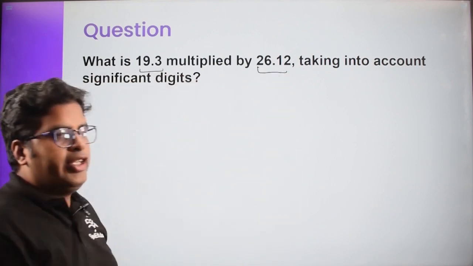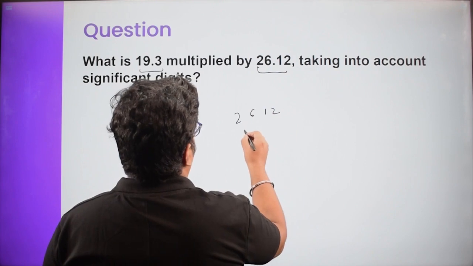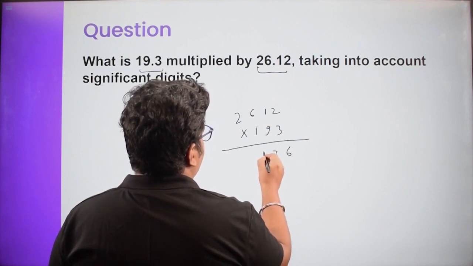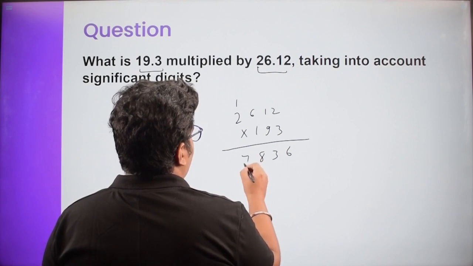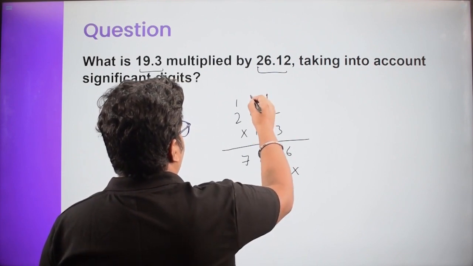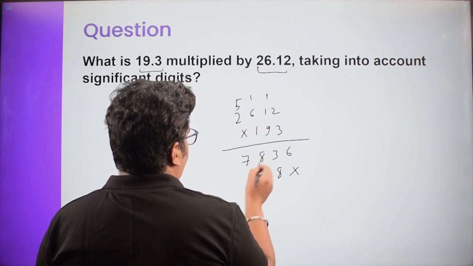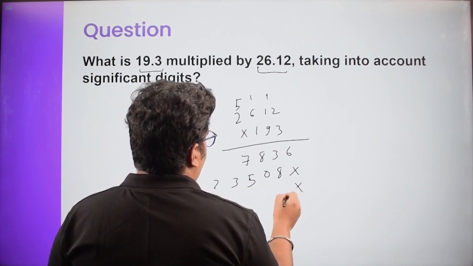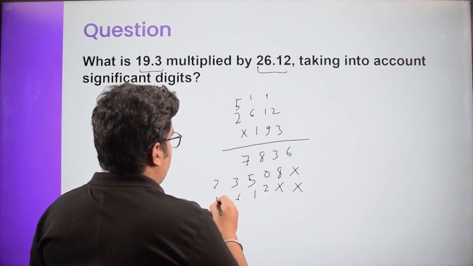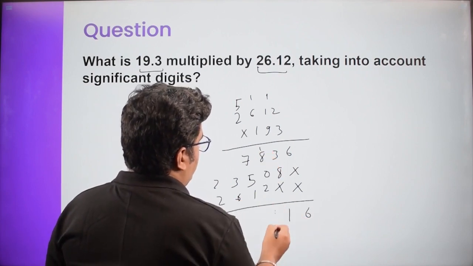26.12, and we have to take into account the significant figures rule. So basically, first we'll multiply 2612 with 193, right? So we have 326, 3 ones are 3, 3 6s are 18, then we have the carryover, then we have 7. Then 9 2s are 18, simply 1, 10, then 9 6s are 54 and 155, then we have the carryover as 5. So 9 2s are 18 plus 5 is 23. Then we'll put a cross, then we'll have simply 2162, right? So you add them, so you'll have 6, 11, again 11,